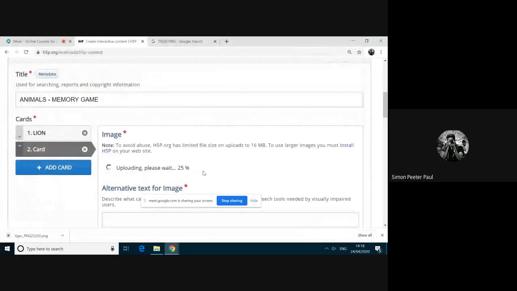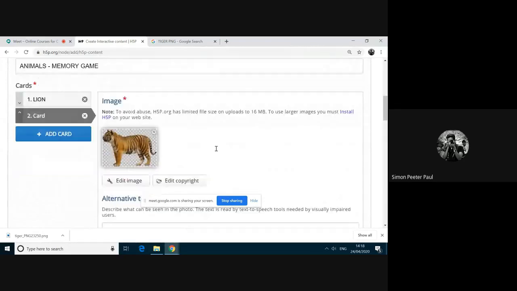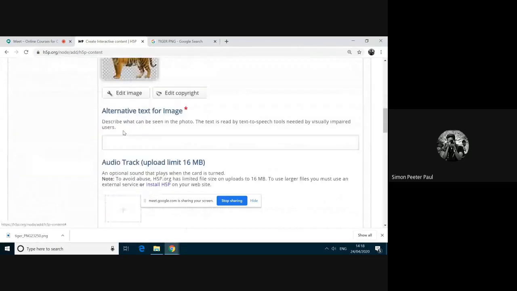It is in black so that we can change some other color. Okay, I have added this tiger.